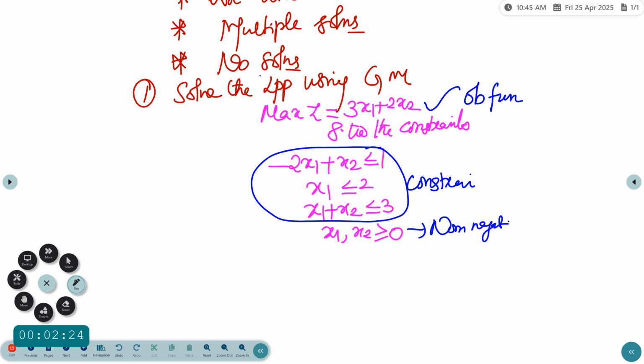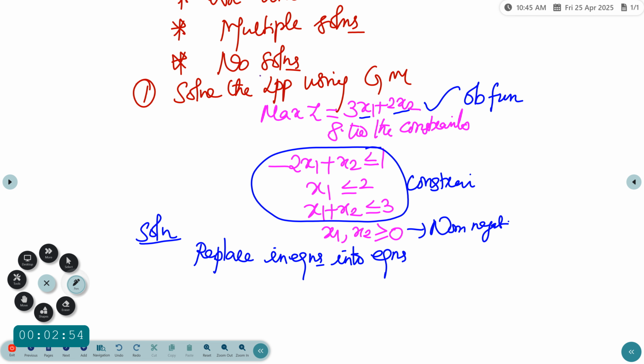In this problem only we are having two decision variables. So the problem involving two decision variables is solved by graphical method. Three variable problem is not solved by graphical method. This is the disadvantage of graphical method. So let us see the solution. In the first stage, replace all the inequality constraints into equations.